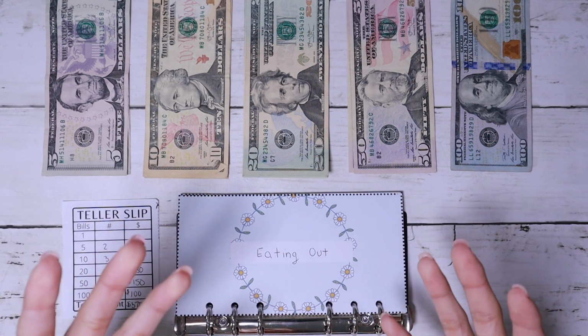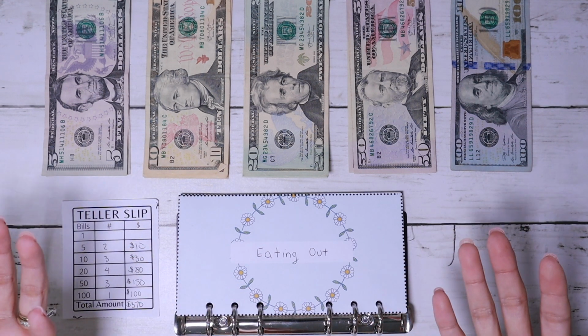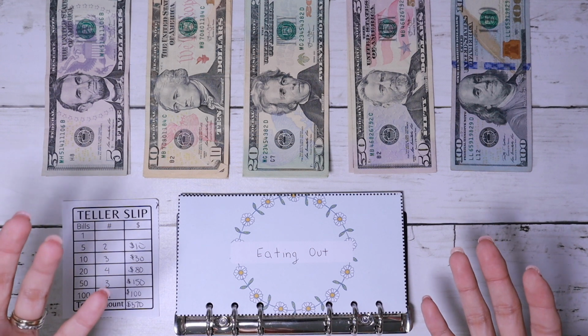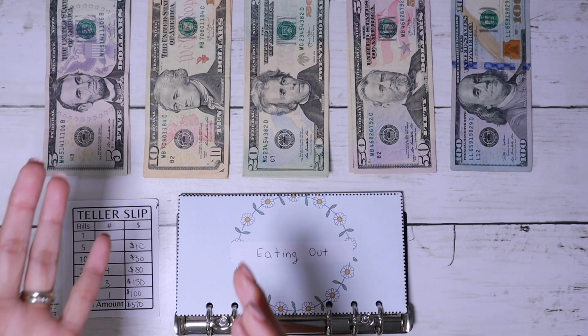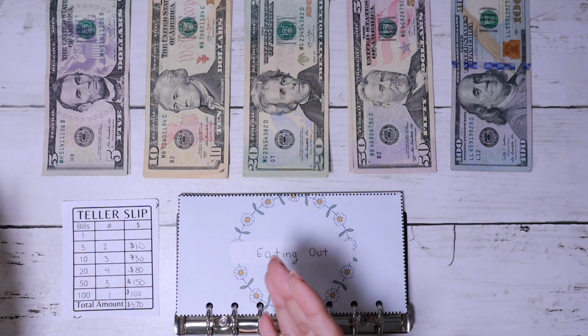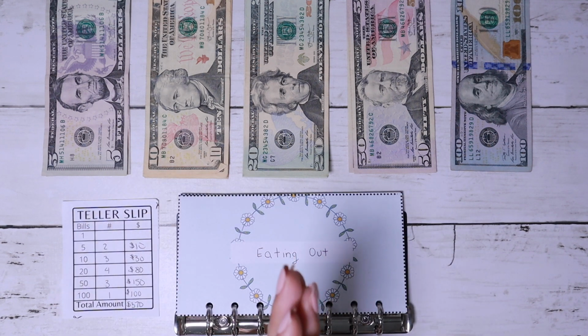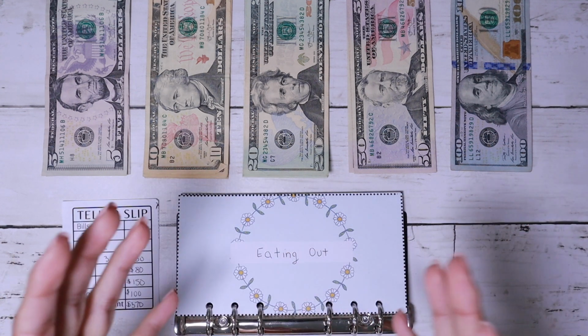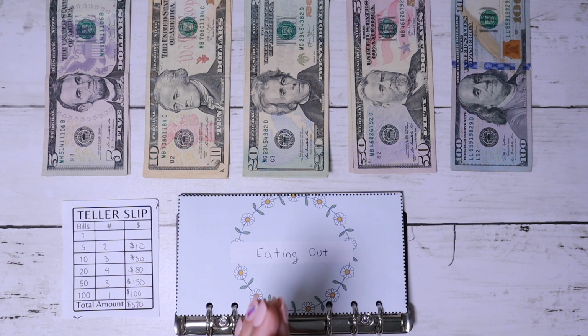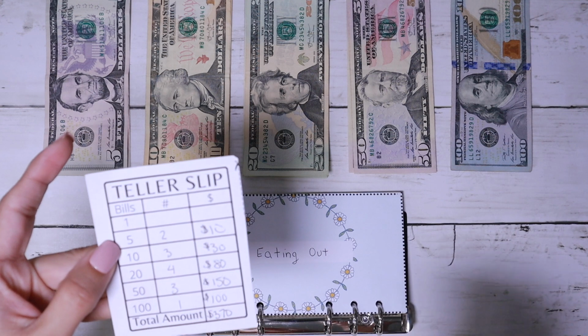But a lot of things have gone on and I'm excited to share what our journey has brought us, being digital cash budgeters and now going back to what actually worked well for us in reaching our financial goals. So I am excited to go back to cash budgeting, and I got my teller slip because I had money